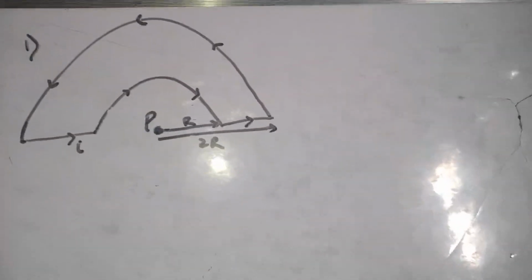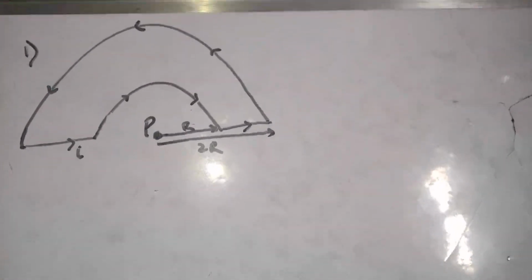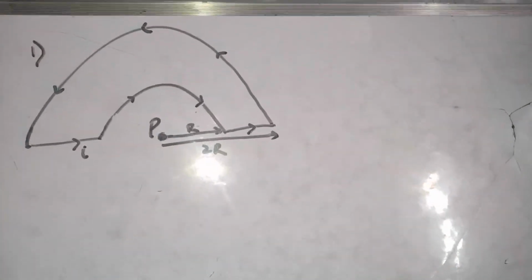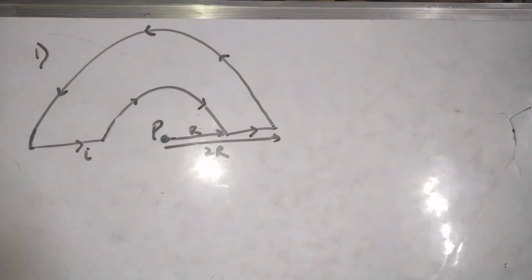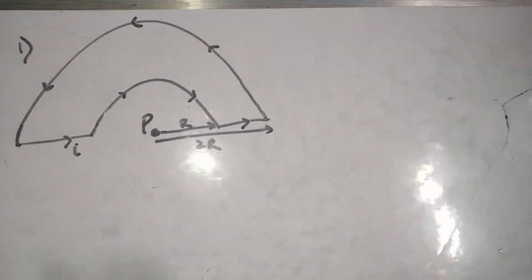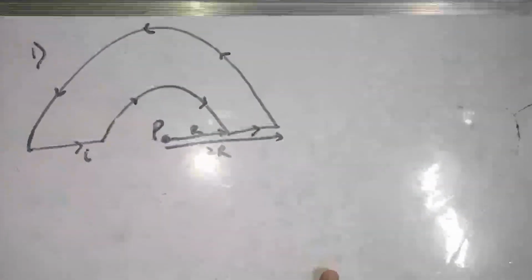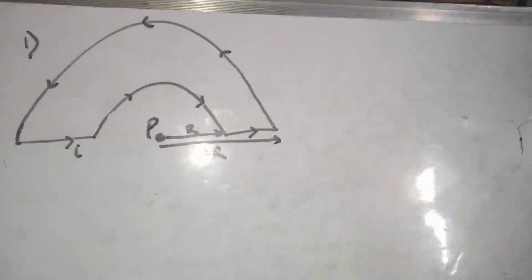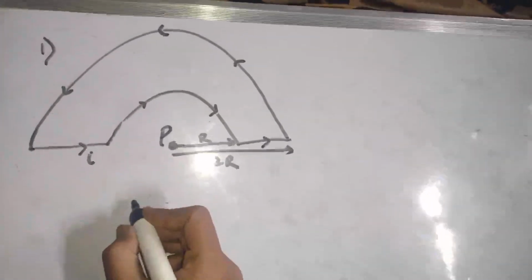So let's solve a few problems on the concept we learned about magnetic field at the center of a ring. So let's solve this question. We have to find magnetic field at point P, at the center of these two concentric semicircles. So magnetic field would be